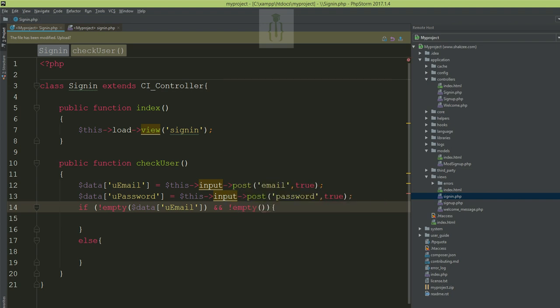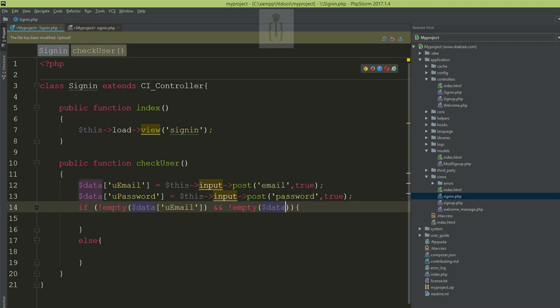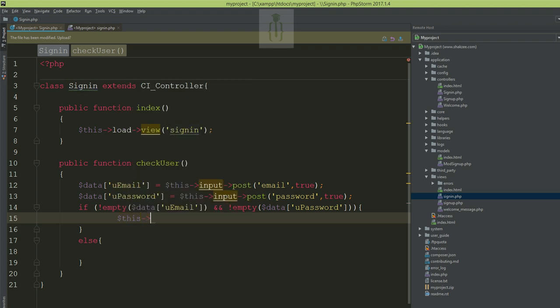If both values have data, and I'm saying your password, and now if we have both values, we should send that, because we